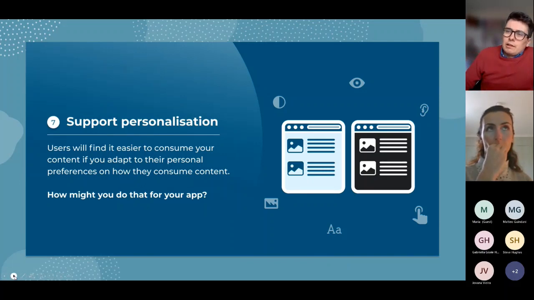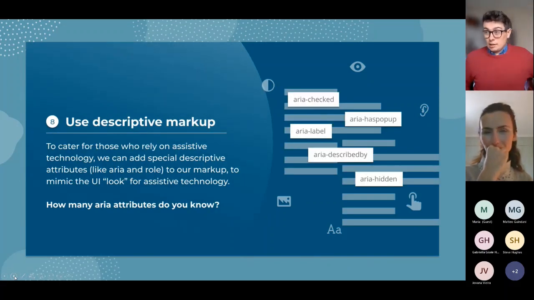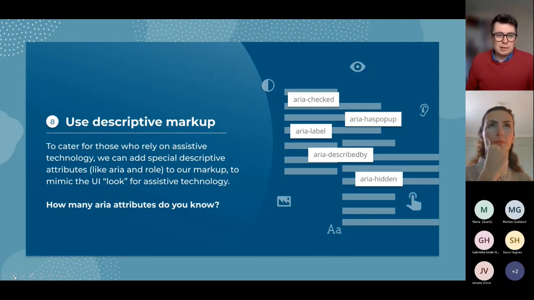So that's number 7. Number 8 is about data entry. No, it's not data, it's about descriptive markup. So we talked a little bit earlier about semantic markup in terms of elements, so when we had headers and navigation and things like that. Here it's an extension of that where we're using attributes of those elements. So you know, for example, that an anchor tag, like a link, has a reference to the URL that you want that link to go to.